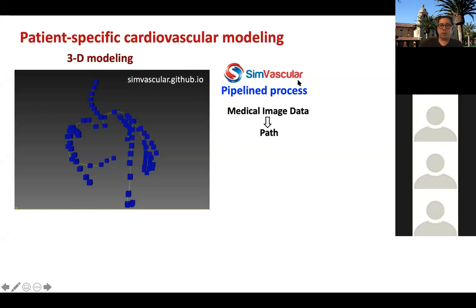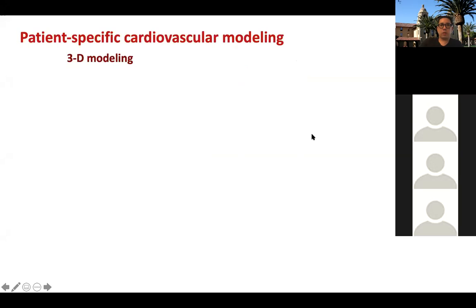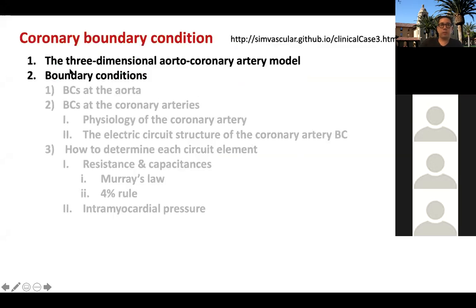So today I'm going to introduce the coronary boundary condition, and this is basically a description and repetition of what's written in the SimVascular tutorial. So most of the information is already on the SimVascular website, so you can revisit it there anytime. I'll first introduce the three-dimensional aortal coronary artery model and how it looks like,